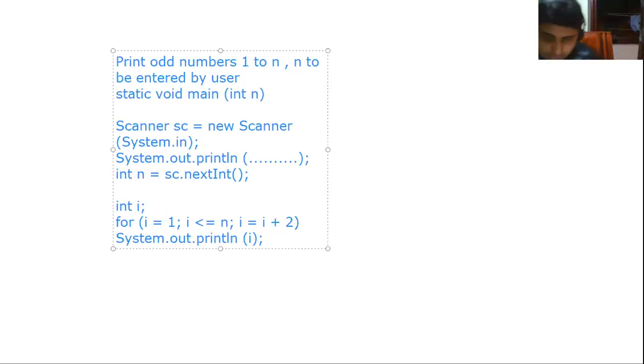So this part of the program is the same. Whether you write static void main with int n or whether you use Scanner, whatever you use, that is the input method. But this part of the program is not going to change. Int i, for loop, that will remain the same whichever way we make the input method. The n value you have to input, so static void main int n or Scanner, you can use to input the value of n, but the main program is going to remain the same, the for loop. It is the input method which changes.